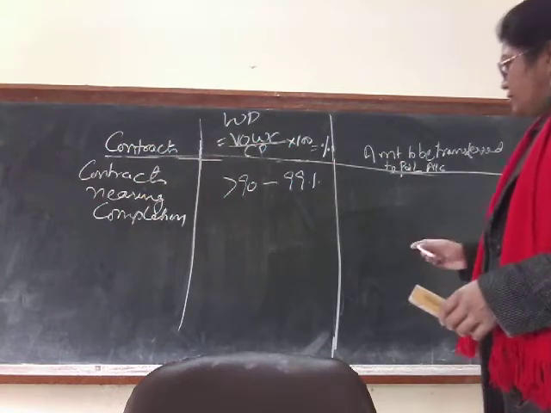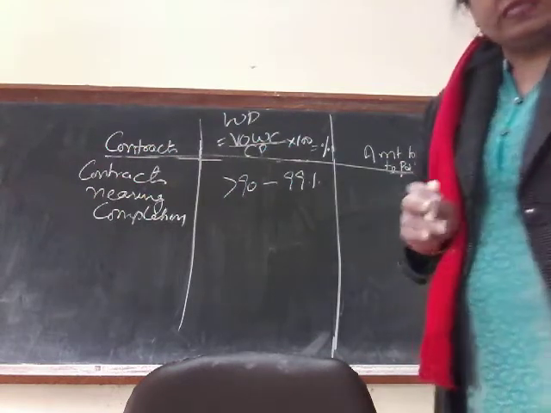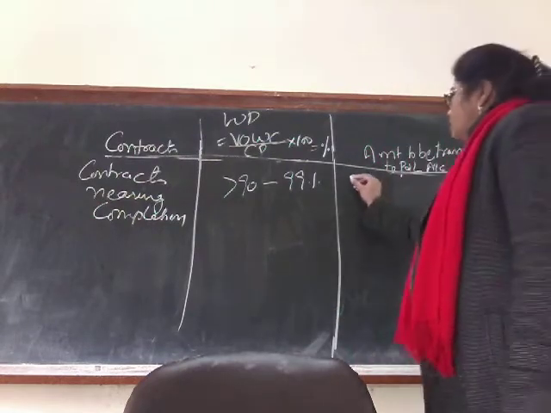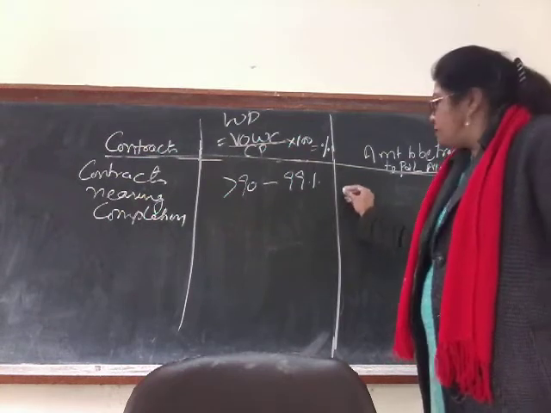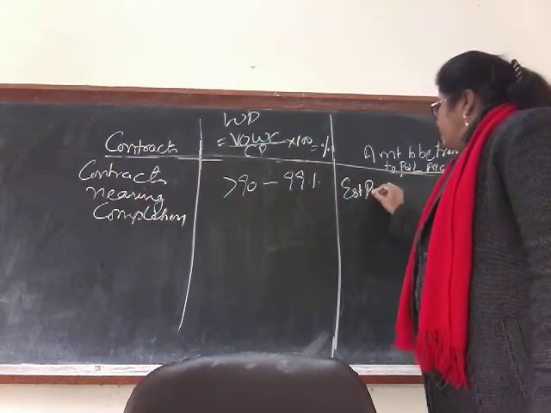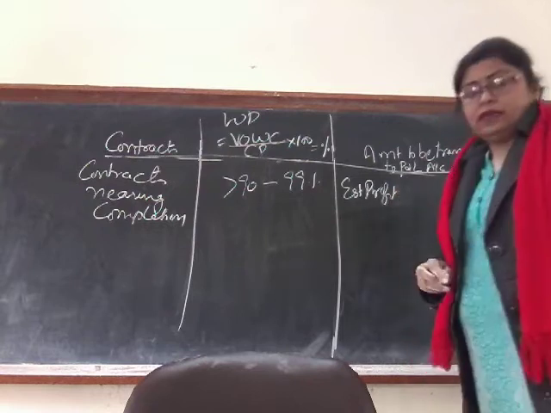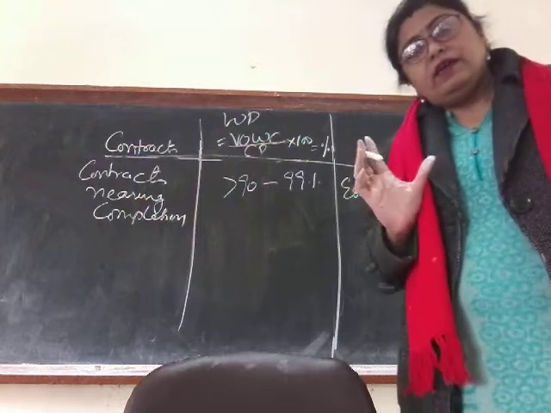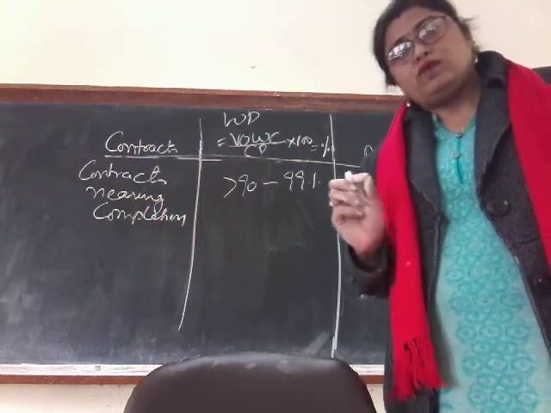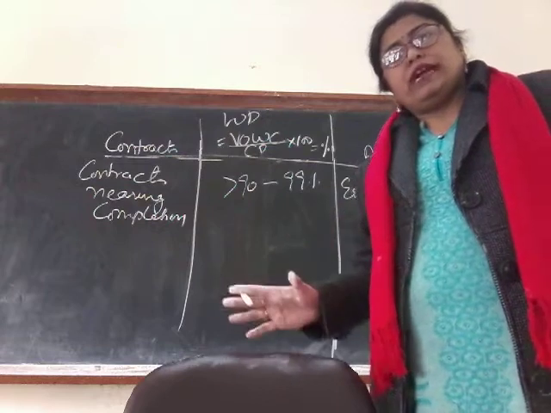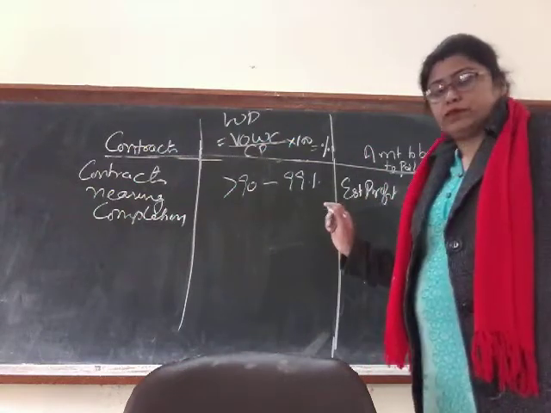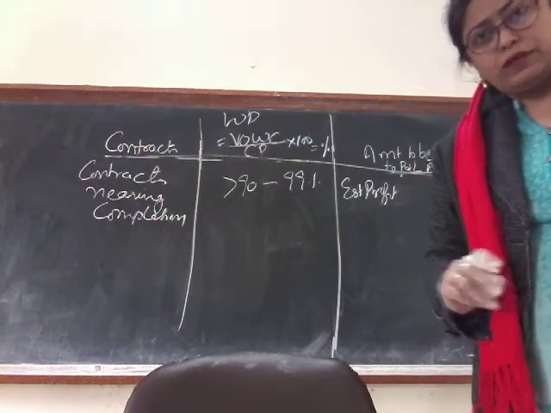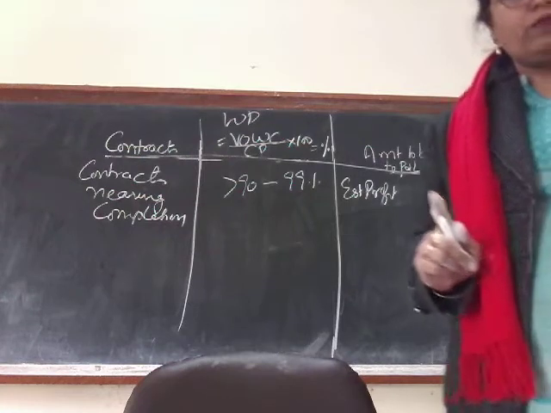The first thing is, there are two methods. One is on the basis of the estimated profit method and the other is on the basis of the notional profit method. So on the basis of estimated profit. What is estimated profit? When we subtract the estimated cost of completion from the total contract price, we get the estimated profit. I'll be writing down a note later on how to calculate estimated profit. So over here, just write down the formulas.